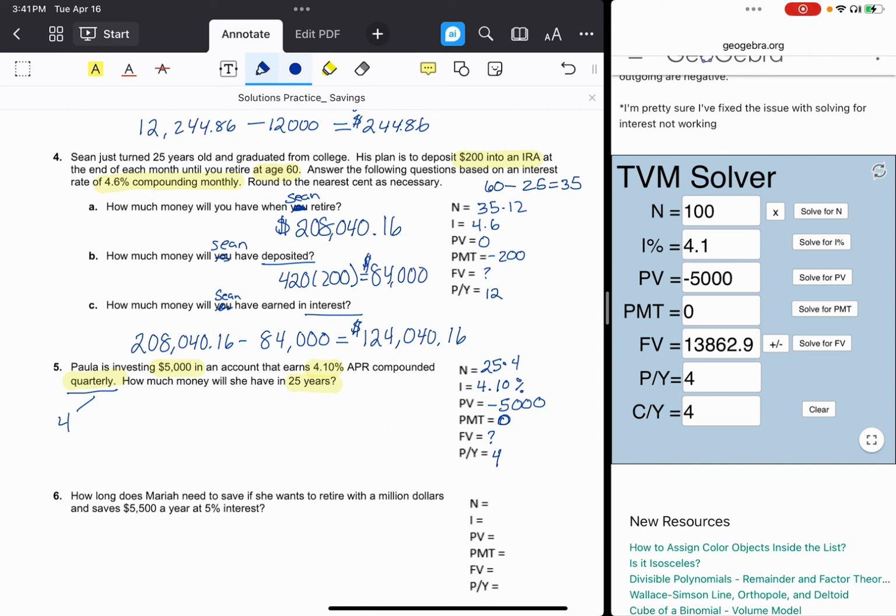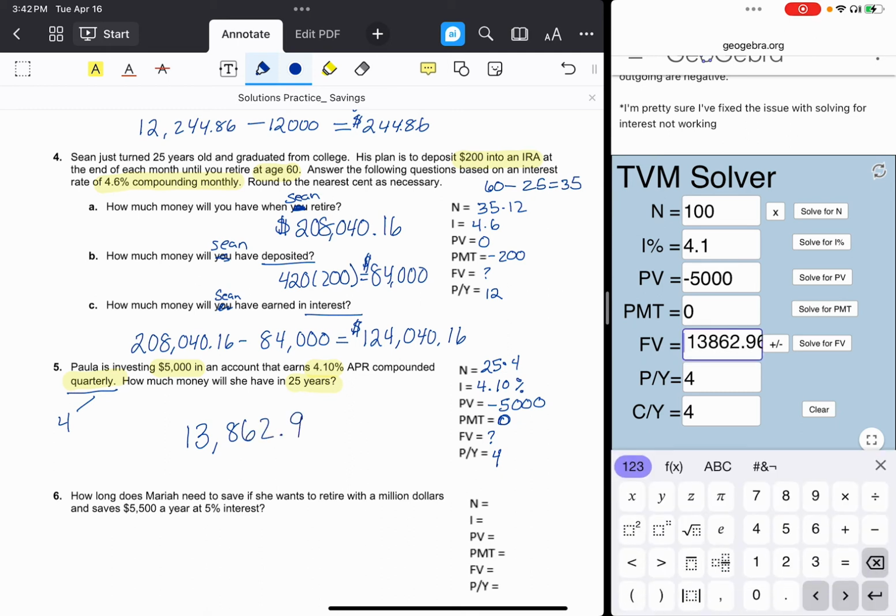And she earns $13,862.96. All right, last but not least,